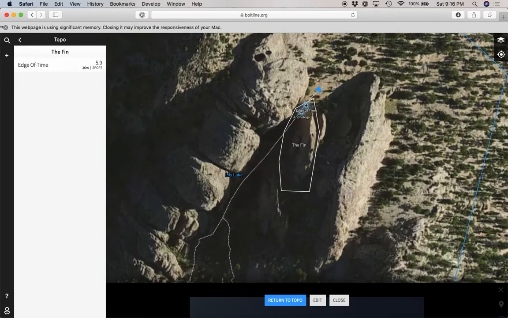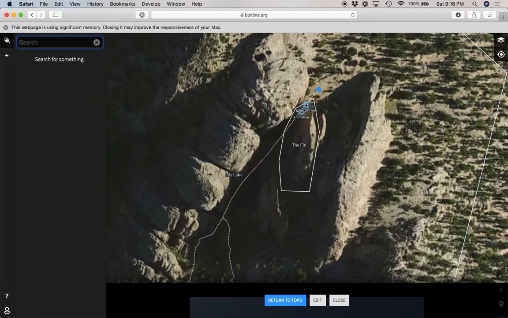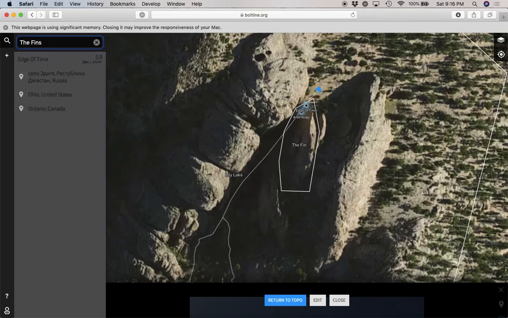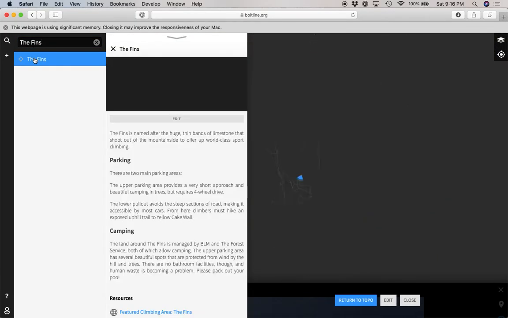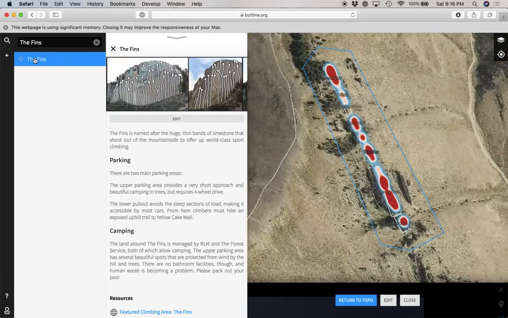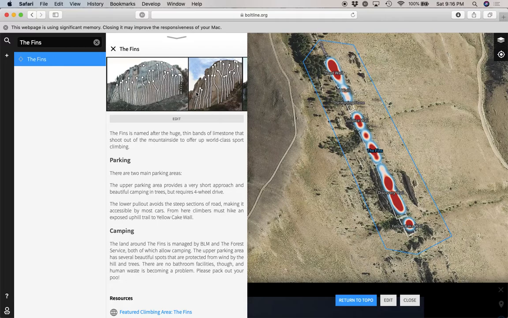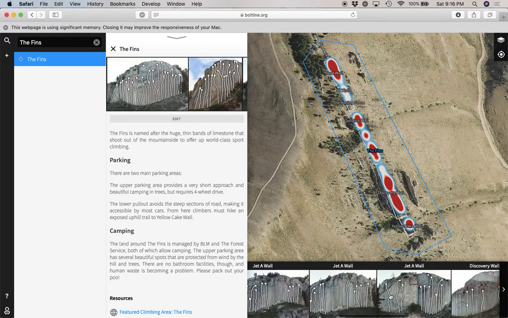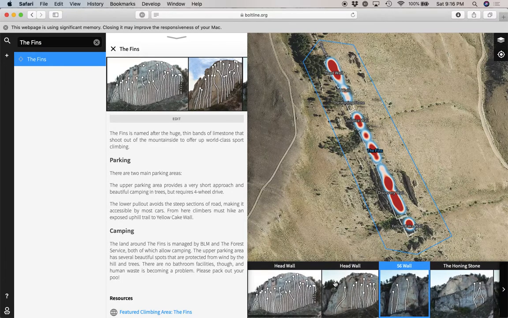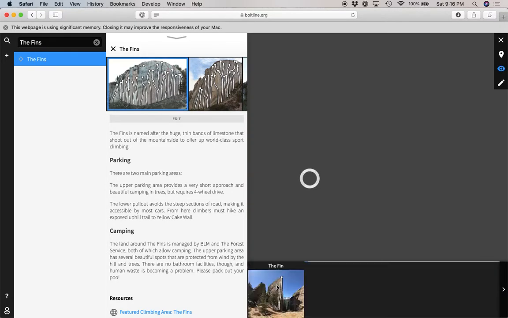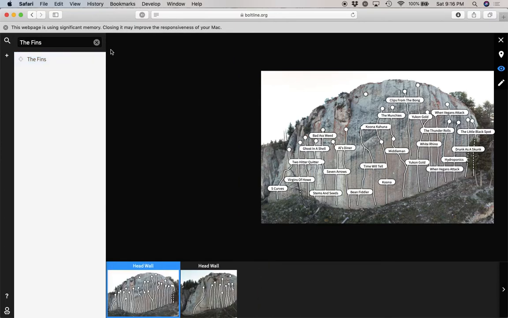And just to give you a picture of what a well filled out wall can look like, I'll take you over to the Fins. This is a great climbing area in Idaho. See, it zooms us right on over to that. And let's just look at, it auto updated to show these topos in this area. So we'll look at Headwall. All right, so this is what a great